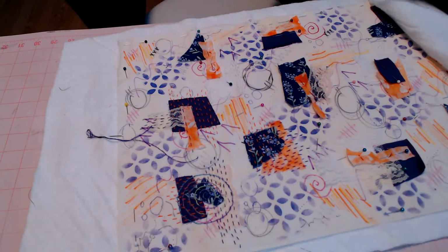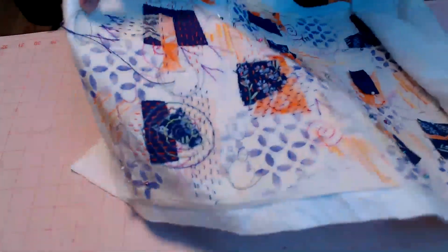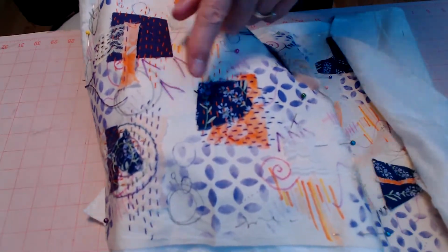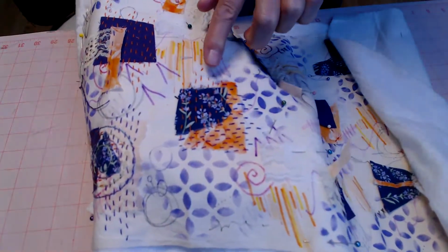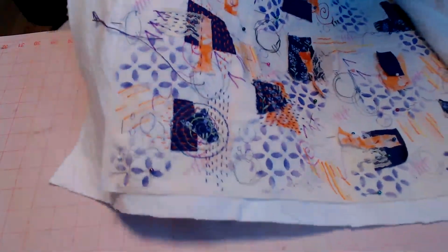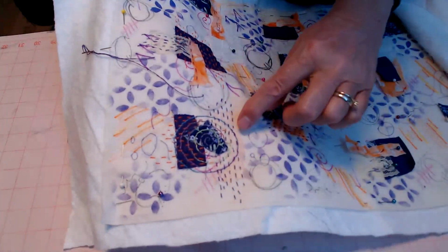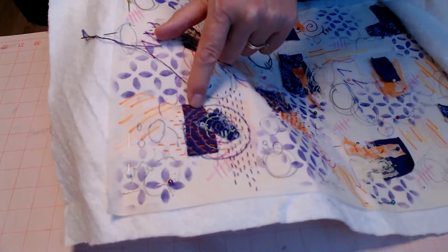I'll hold this up so you can see it a little better. So I take a group of the fabrics, and I took the purple piece off and just pinned it off to the side, and I did all the purple stitches, and then I set this back in place, and I did my orange stitches across it. So I end up with that. And then down here, I have 3 layers. So I stitched the purple lines through the lace and the orange through this purple piece,